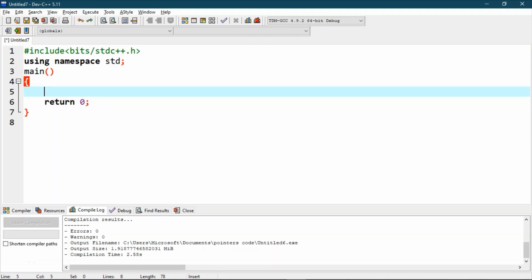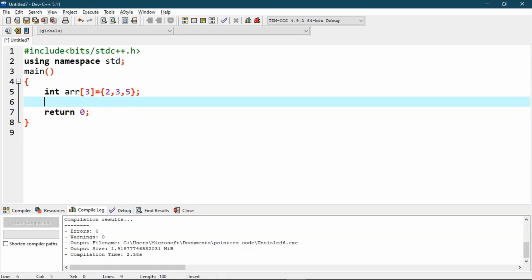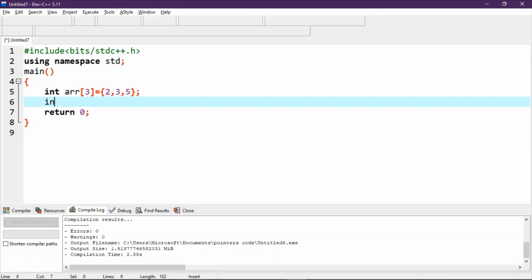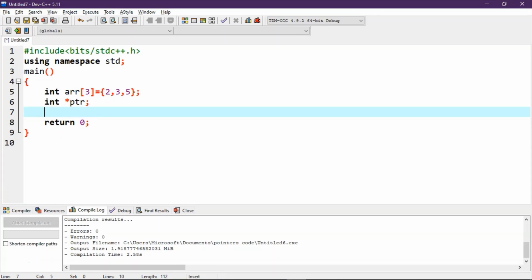Let's declare an array of size 3. And assign it some values. Now let's declare a pointer and assign the array's last element's address to it.